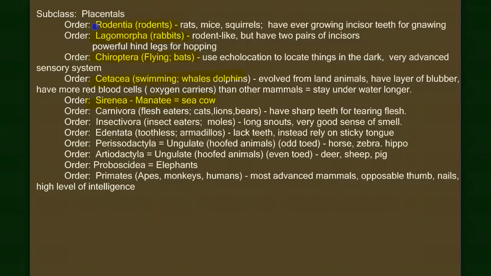And then the carnivora, which are all the cats, lions, and bears. Insectivora, edentata, the armadillos. We're here in Texas, we have lots of armadillos. The orders Perissodactyla and Artiodactyla are hooved animals. The difference here is odd-toed. By odd, usually the number one. One is an odd number. If you think of a horse footprint, it looks like this, as opposed to a deer footprint, which has two toes, or even-toed. The proboscidea, proboscis means nose, the elephants with their long snouts, and then the primates.